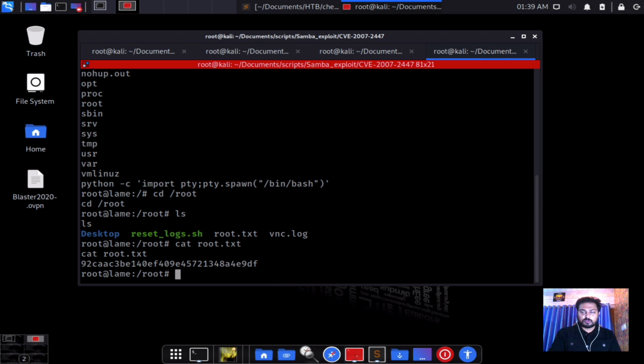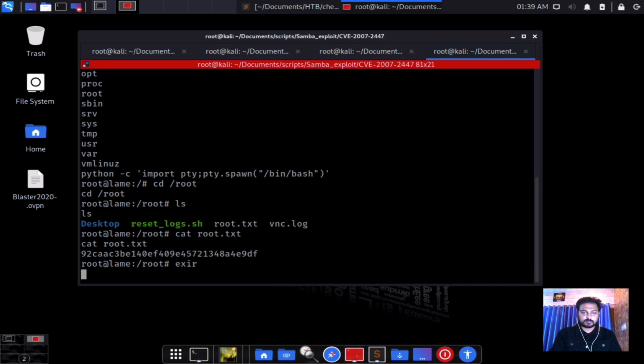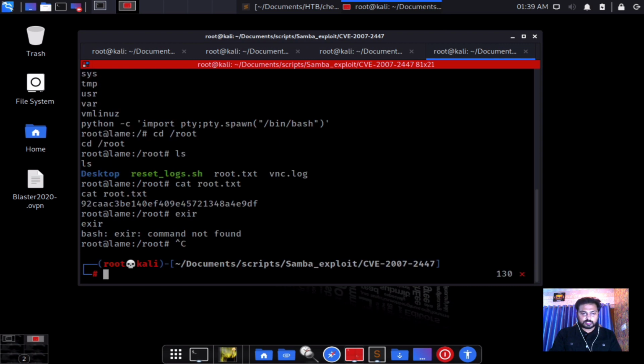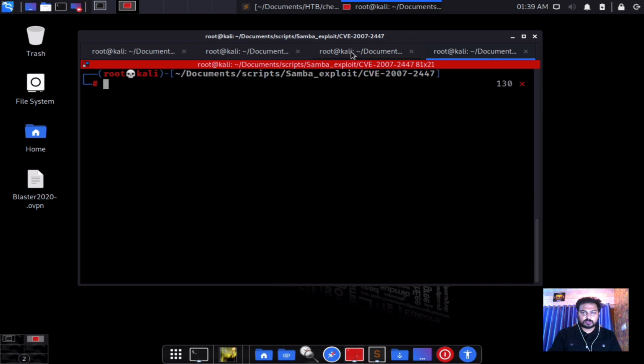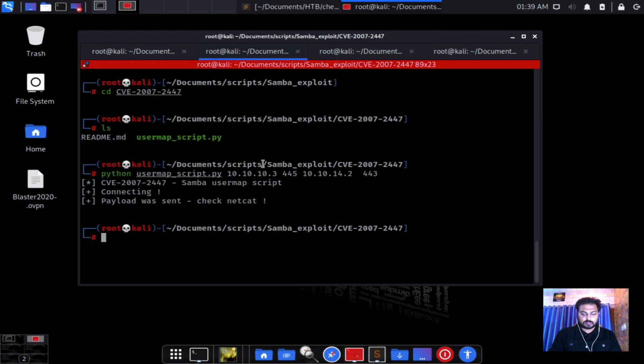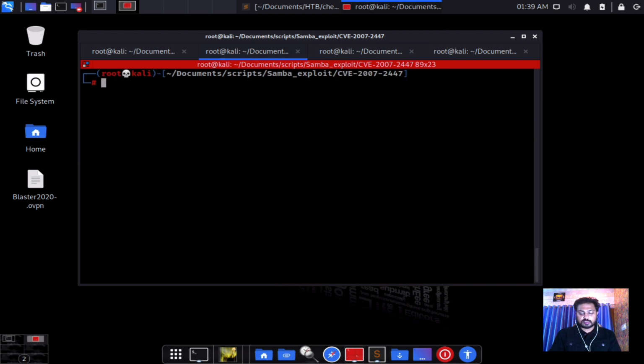I am now going to show you the complete reconnaissance of that particular machine. Simply exit from here, so I'm pressing Control C to get out of here. Let me close the script and everything. Now what I can do is check for the Samba exploit. We have already exploited it using this usermap script.